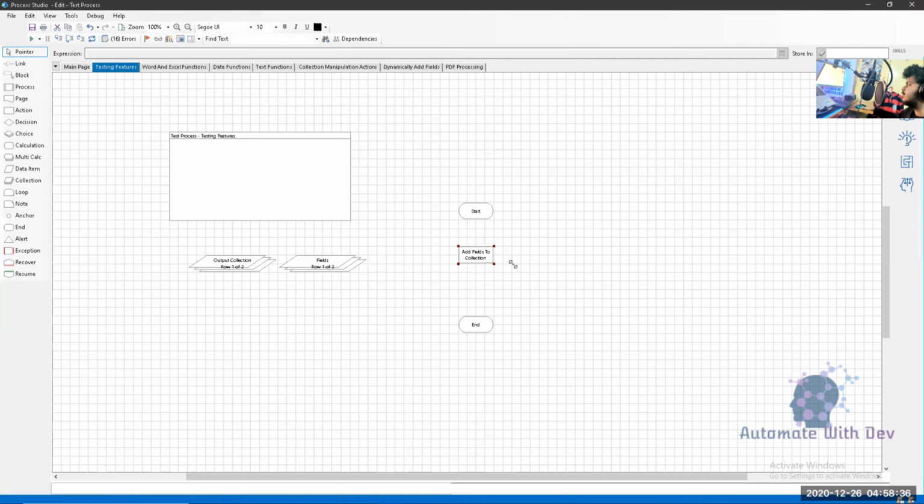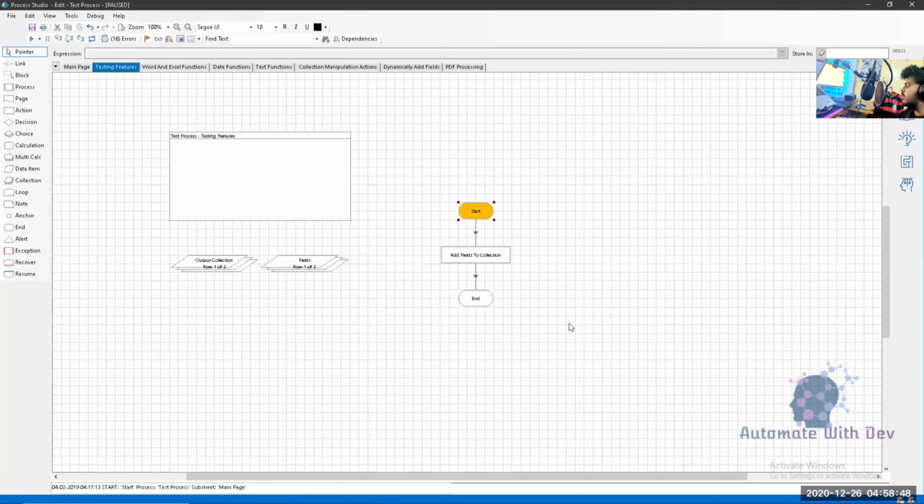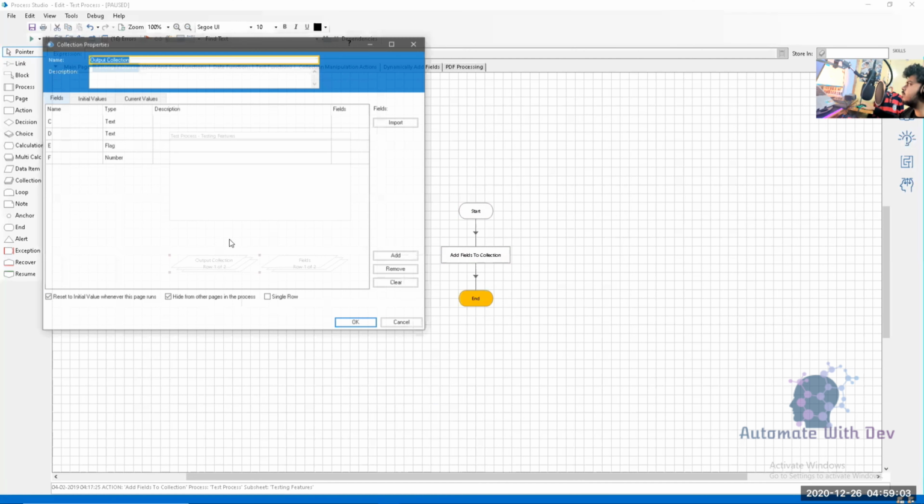Now what I can do is simply link this stage. If you press F3, that is the shortcut to get the link stage. Now I will be setting the next stage here. I will be clicking on F10, and then again I will be clicking on F10. So it's stepping over. Let's see what happens. Now it has stepped over it. Now in my output collection, if I go and check,